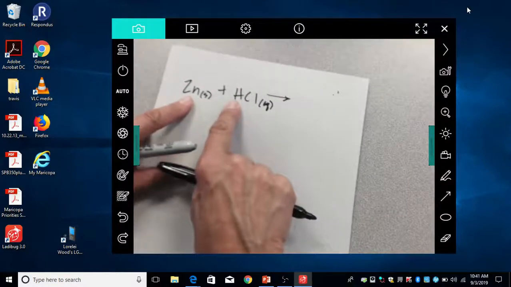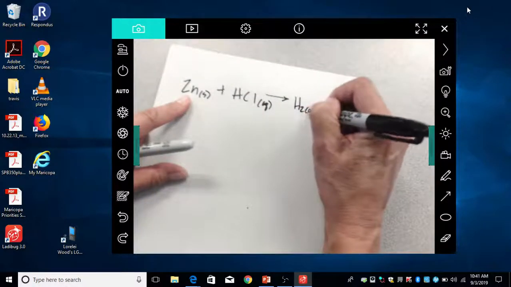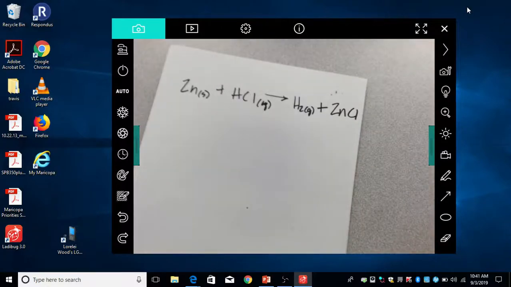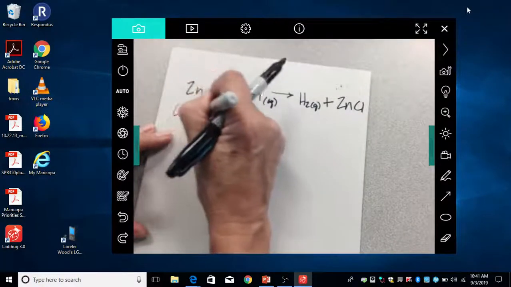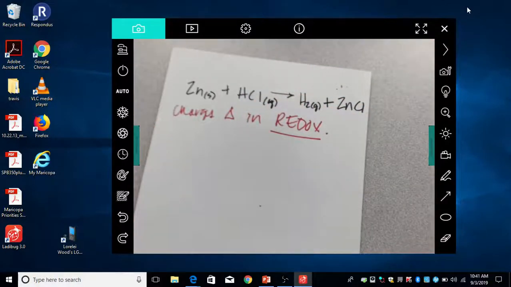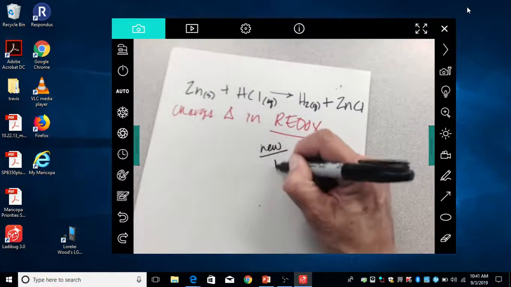What are going to be the products of this chemical reaction? Hydrogen gas. And what else? Zinc chloride. Now, in these, the key is that the charges change in redox. That's one thing that differentiates redox or single replacement reactions from metathesis or double replacement reactions. In metathesis or double replacement reactions, the charges stay the same. In redox, the charges of the elements change because, remember, electrons are flying around in redox reactions. You've got some that are giving electrons, some that are taking them. So we have to write new nomenclature